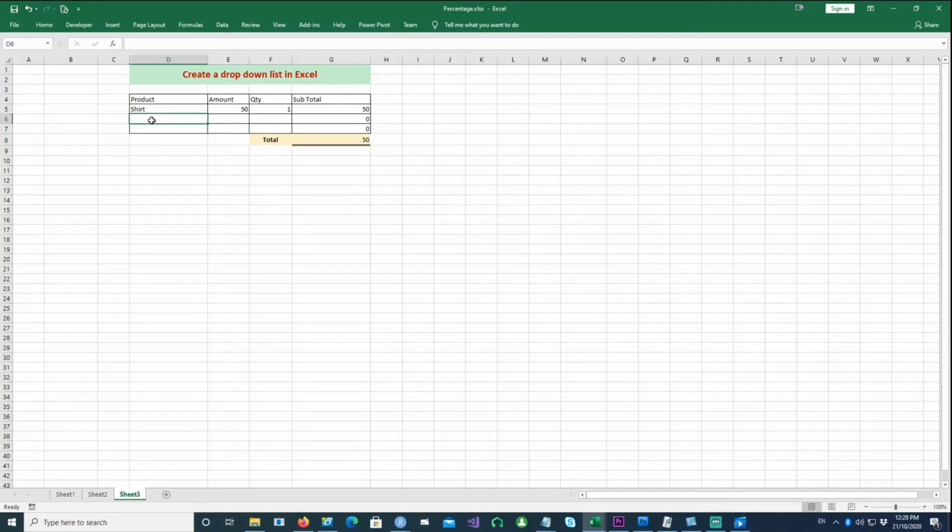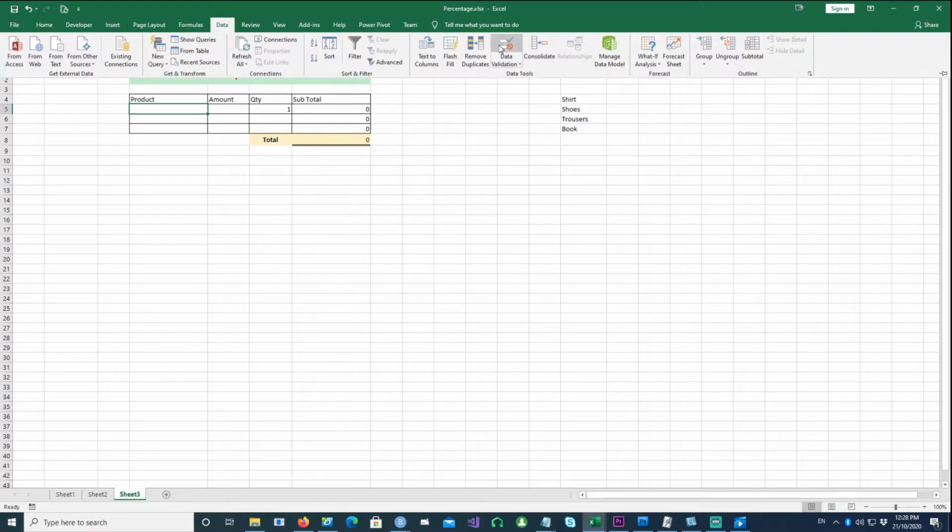bill. So what if, instead of typing the value, you wanted to have a drop down there? That's very much possible by creating a lookup table. So I'll simply create a list of items here: shirt, shoes, etc. So we'll go to the cell where we want to create a drop-down list and go